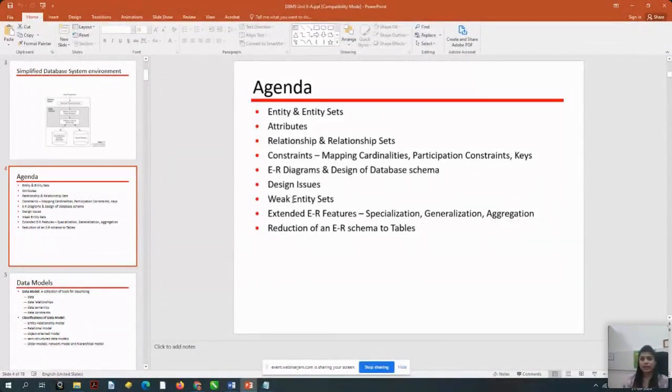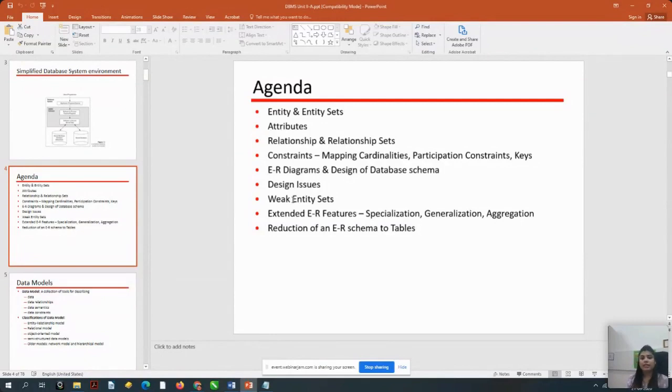Then we have seen various ER diagrams and the ways of representing them: entities are represented in a rectangle, attributes in an ellipse, and relationships in a diamond. Then mapping constraints, cardinalities: directed line and undirected line for one and many respectively. Then participation: a double line would represent the total participation of an entity set, and a single line would represent the partial participation. Then for the primary key, the attribute is underlined, then it becomes the primary key of an entity. So these are the various representations of the ER diagrams.